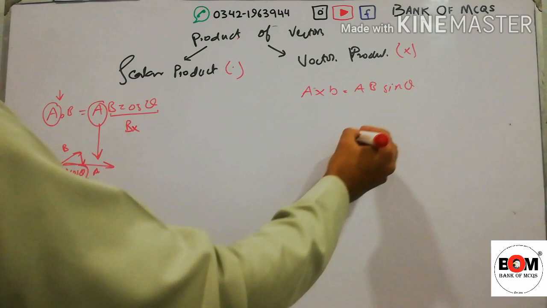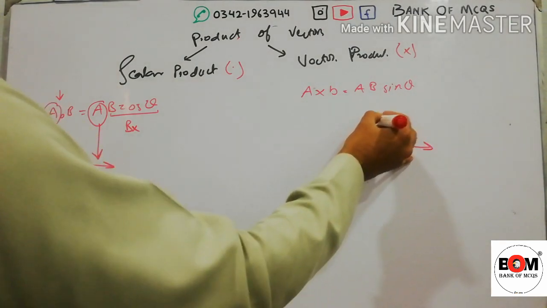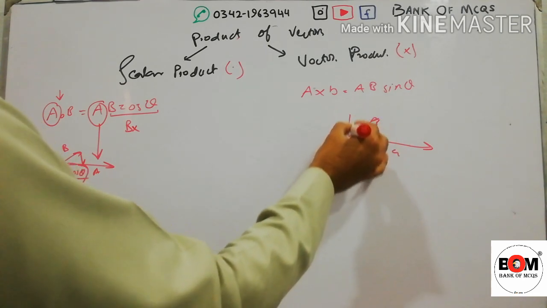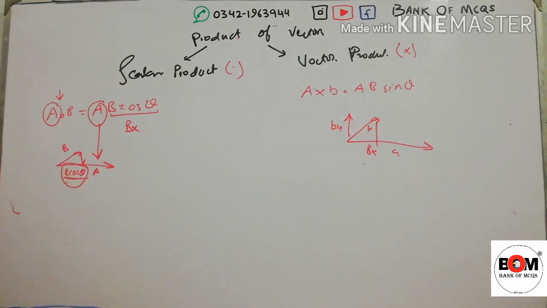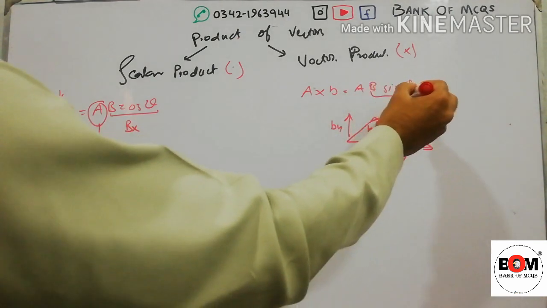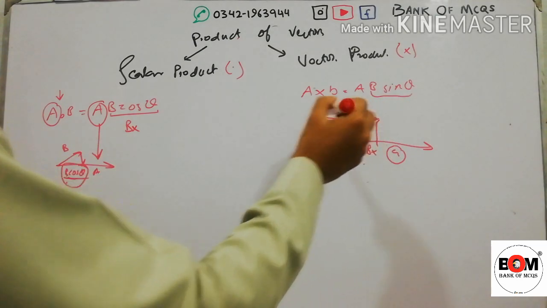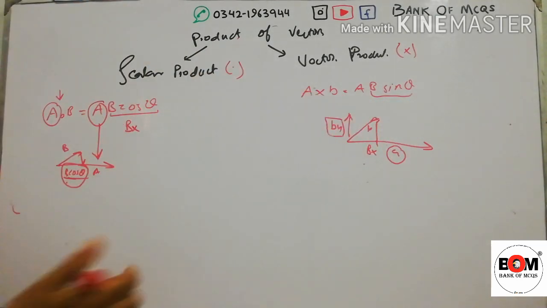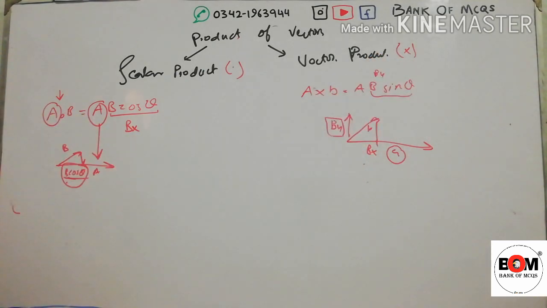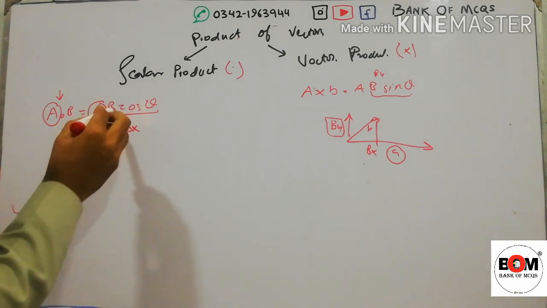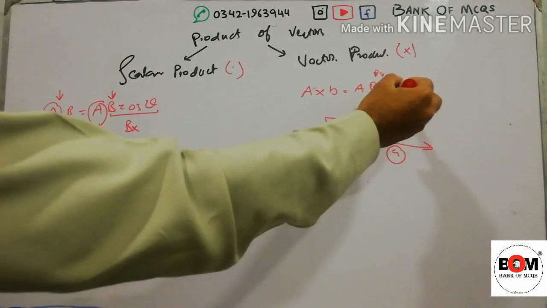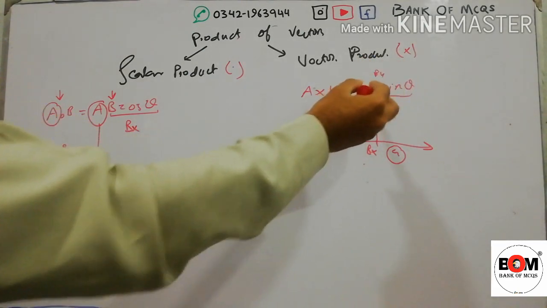Now in a cross b is equal to ab sin theta, this is a and this is b, its components are bx and by. So in this case ab sin theta, we use a and b sin theta is that part of b that is perpendicular to a, or the vertical component of b, that is by. So by is equal to b sin theta. So in this case b cos theta is the horizontal x component of b, and b sin theta is the vertical component of b.